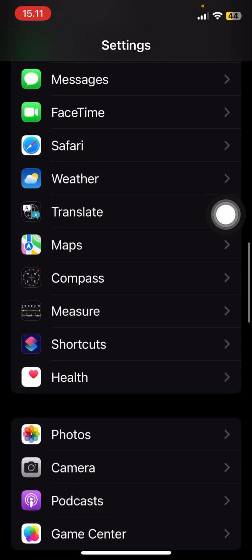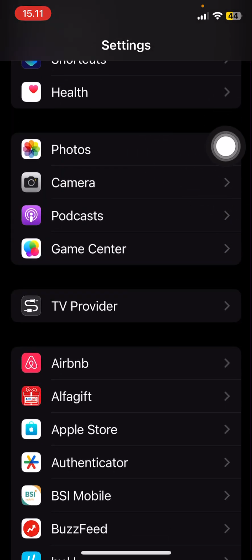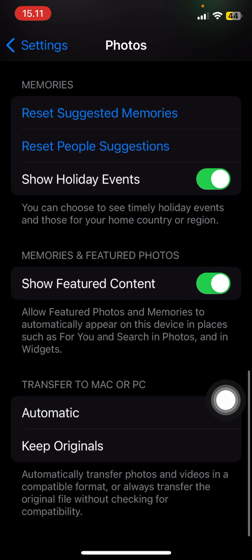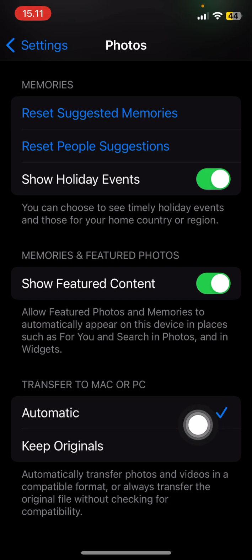So go to settings and scroll down until you find the photos section. Select it, then scroll down again until you find transfer to Mac or PC. Then select keep originals. It will automatically transfer photos and videos in a compatible format, and it's going to keep the original quality of